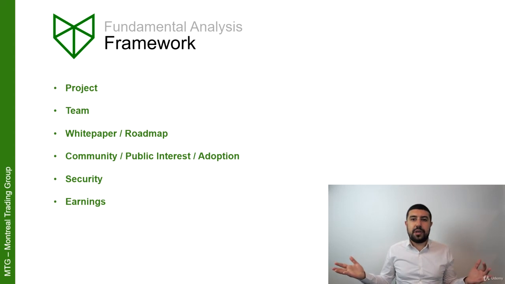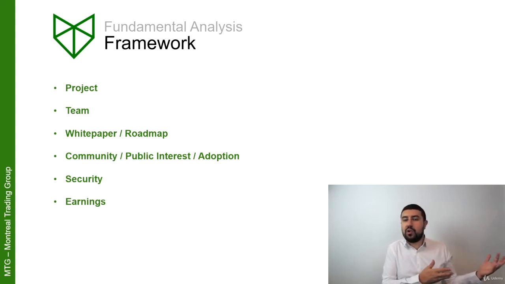You can do benchmarking, compare different ratios for different companies within the same sector to see which one is going to outperform the other. But can you really do that in cryptos? No, because they're not really generating anything right now. It's all about future expectations. It's like investing in tech companies that haven't proven anything yet, that we haven't seen any of the likes before, and that we don't even know what they're going to be doing in the future, and there's no precedent of another one that looked like them before.